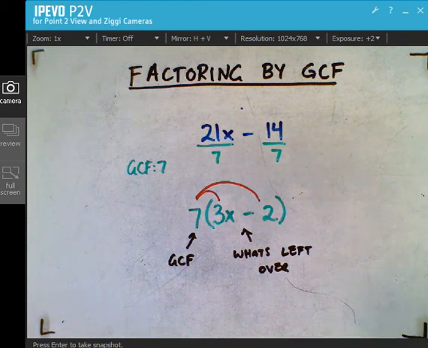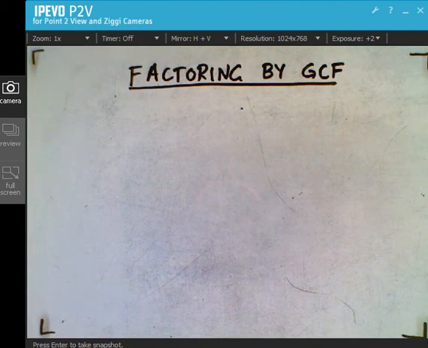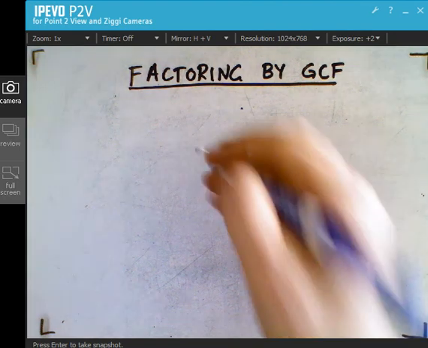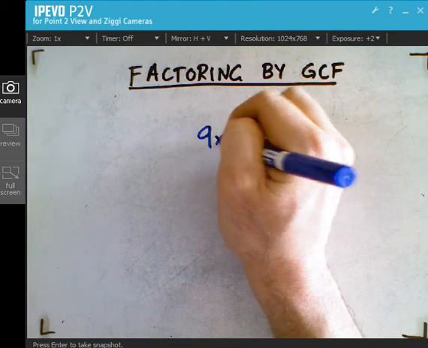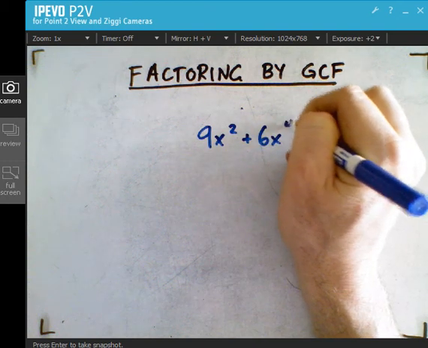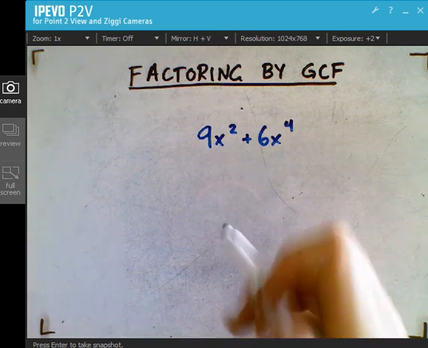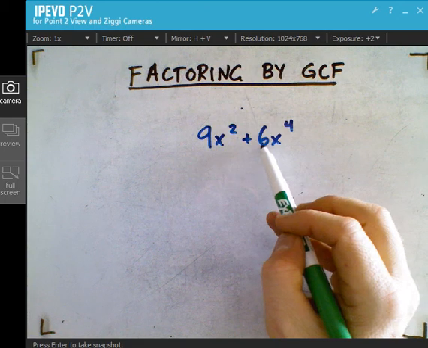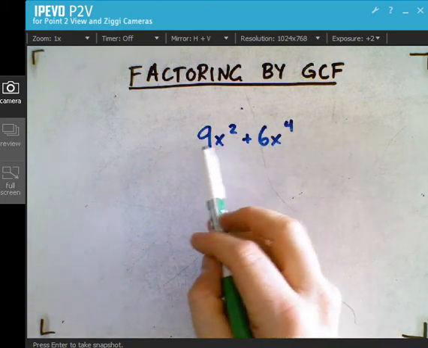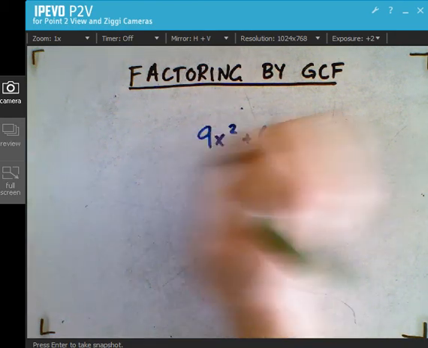Let's do another example. Let's try 9x squared plus 6x to the 4th. Step number 1, identify my greatest common factor. Greatest common factor between 9x squared and 6x to the 4th. Starting with the numbers, coefficients. The greatest common factor between 9 and 6